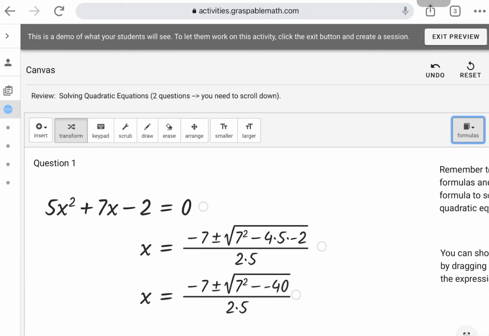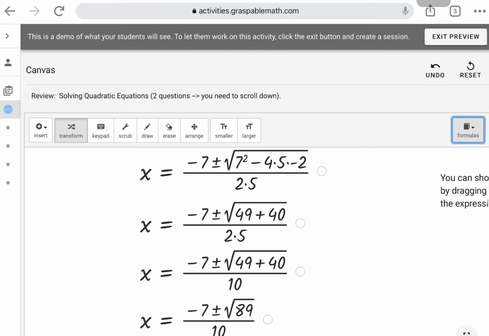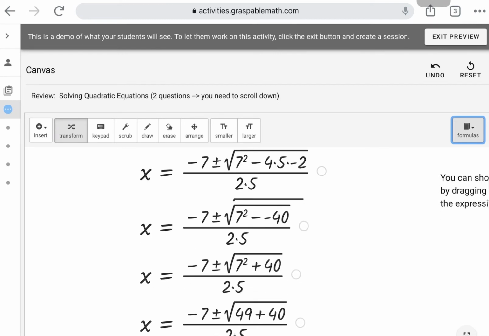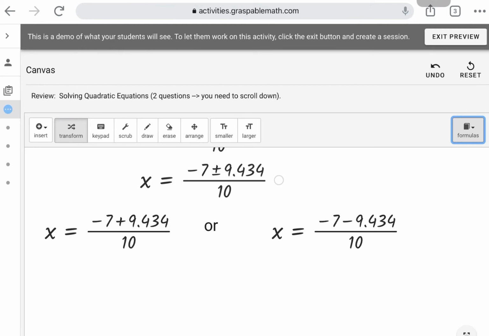And then you simplify by tapping the multiplication, the squared from 7 squared, and then simplify addition, subtraction. And then if you want to check your working process, drag the circle button down, and then simplify again the square root, and then tap the plus minus, which will give you two values of x.